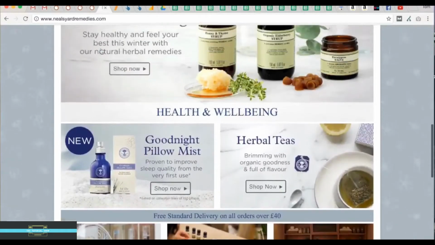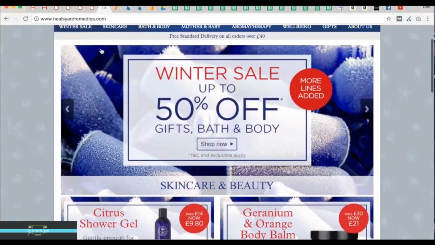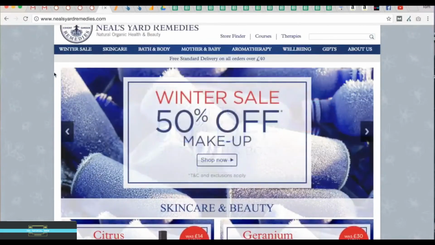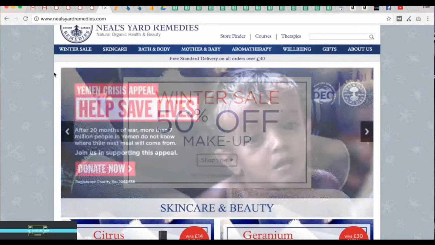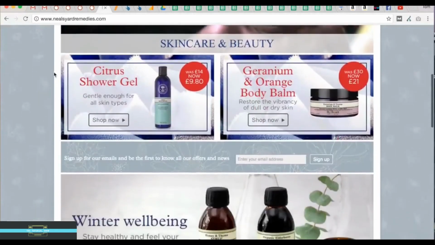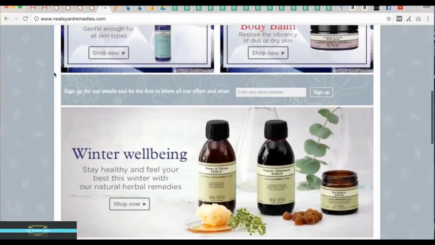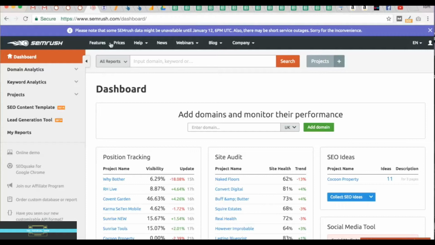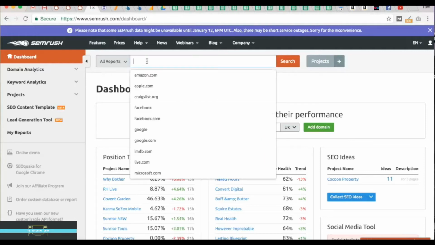Now, for you to first understand if these are the guys to be monitoring, you're probably tracking your keywords, and if you've followed my tutorial on keyword tracking in SEMrush, you'll be tracking your keywords and noticing someone who keeps coming up ahead of you, and you want to know how they're doing it. So the first thing you do is you take their domain name and you Command C it, you copy it, and you put it into the bar at the top of SEMrush.